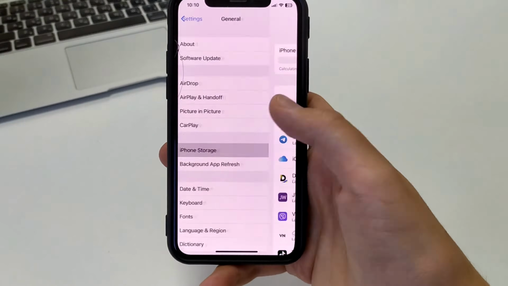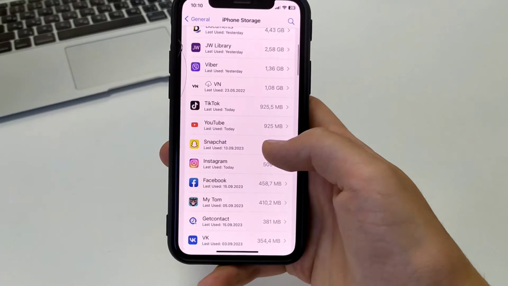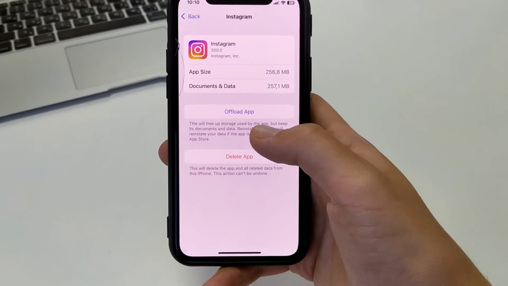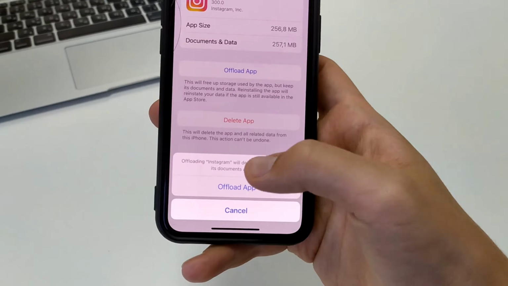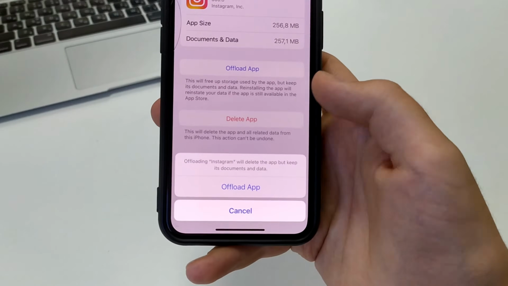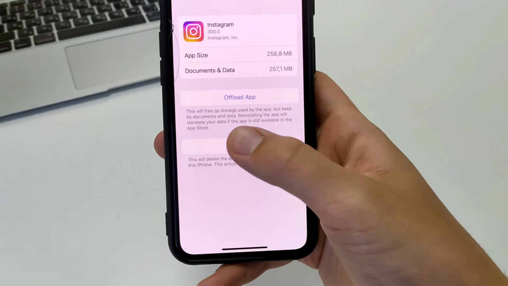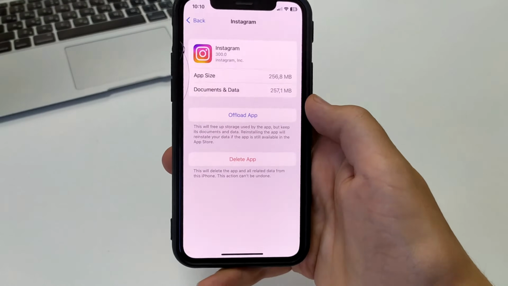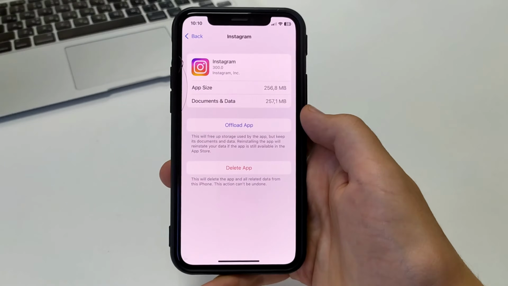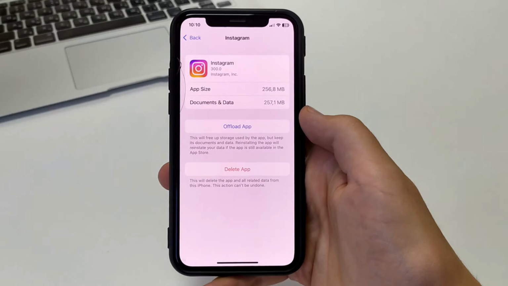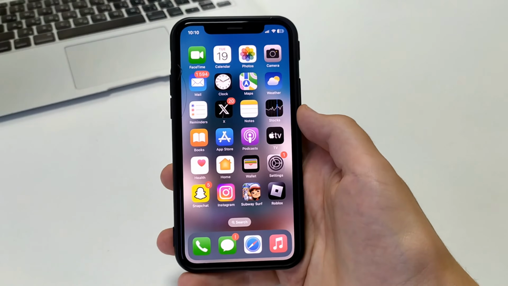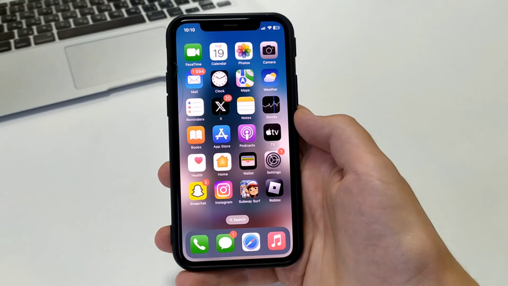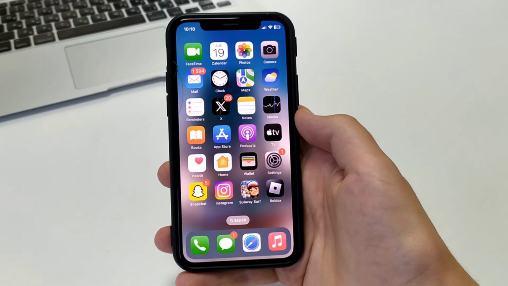One more way, we go to the settings. Further, when we go to the settings, we have to scroll down. Open the General tab, iPhone Storage, and here find Instagram. Next, we need to click Offload App. Thus, all our data and memory will remain. We offload the application. After that, re-download it, and we can use our Instagram application safely without any problems.